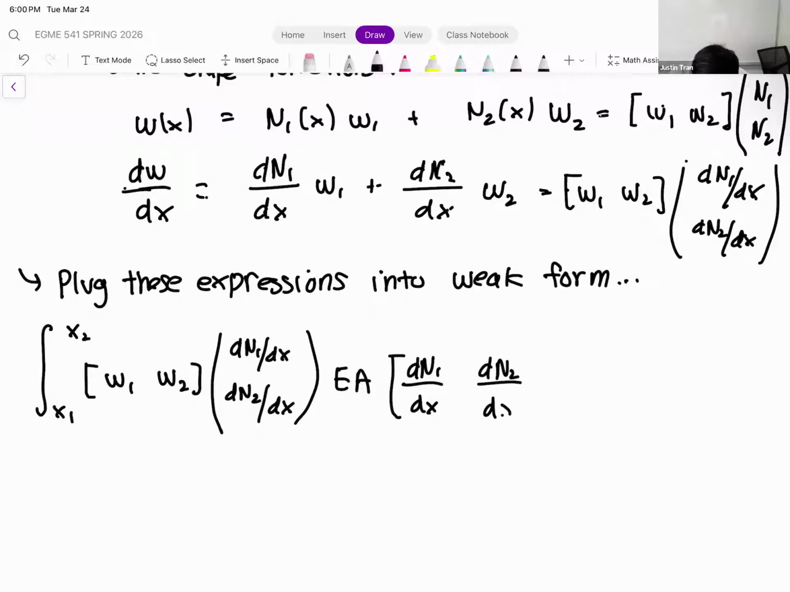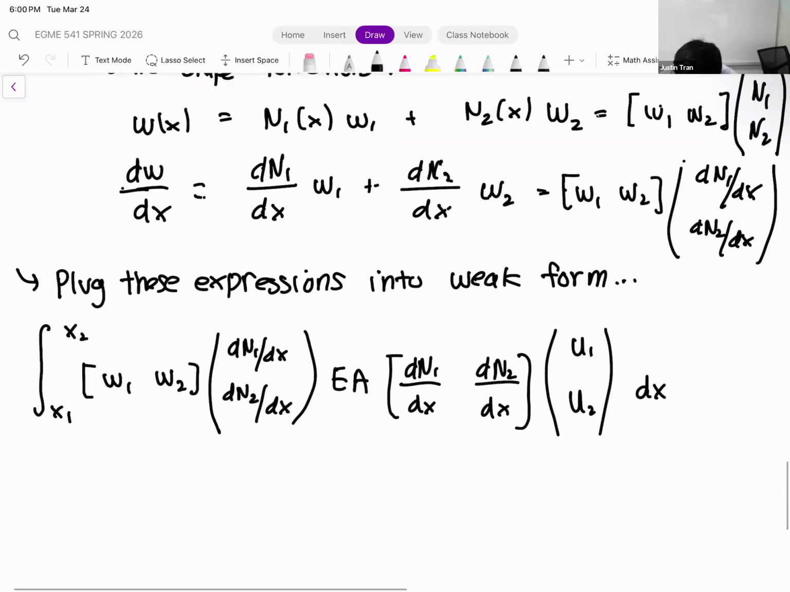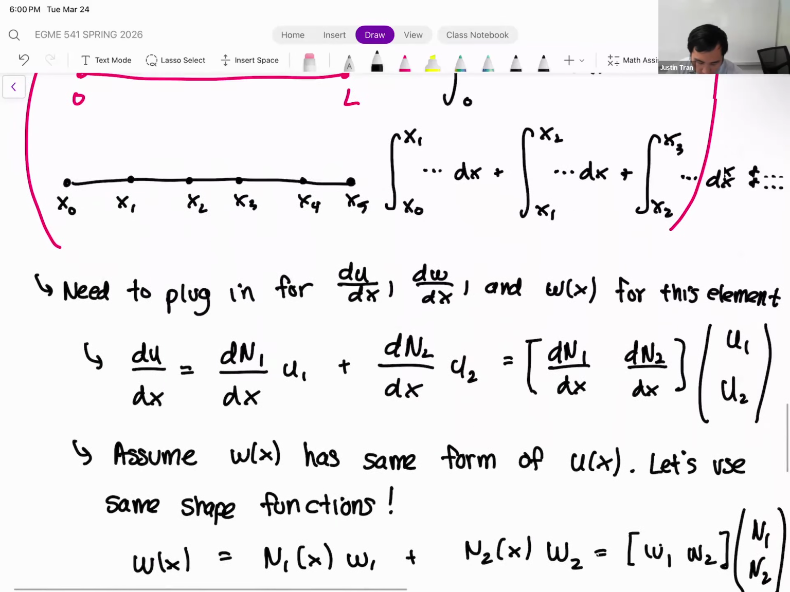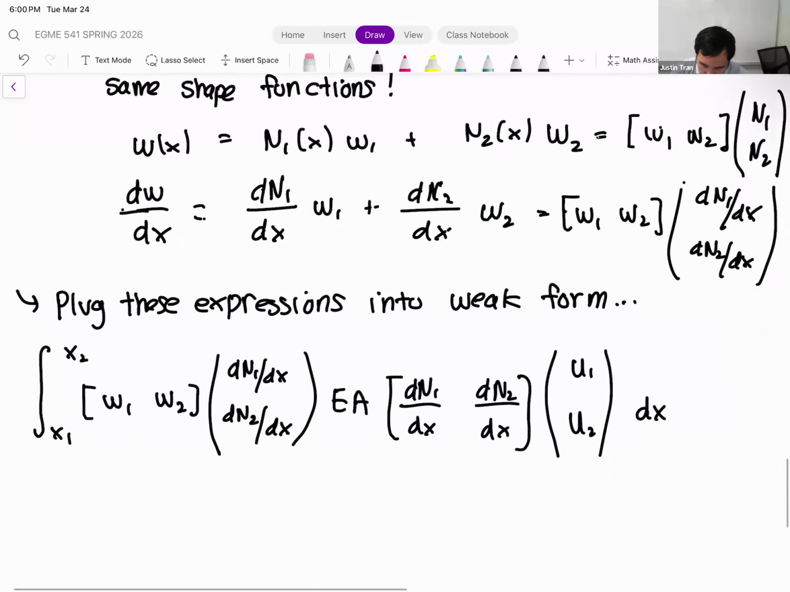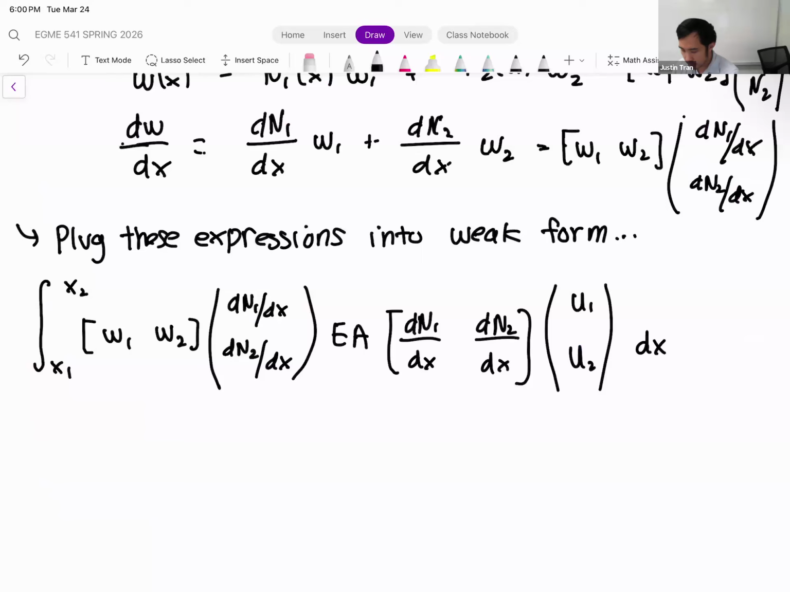All right, so now we have the contribution from du/dx. That is a row vector dN1/dx, dN2/dx, multiplied by the column vector u1, u2, dx. So that is the first term in our weak form, this integral right here. And so this is equal to,